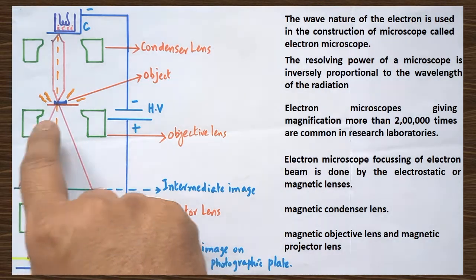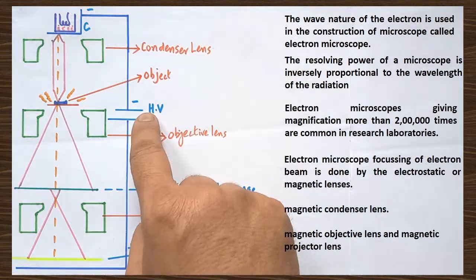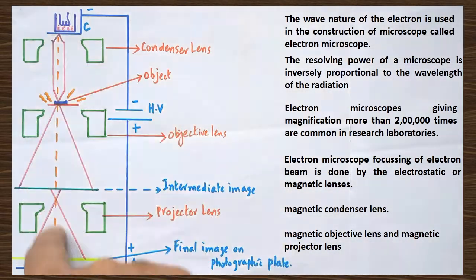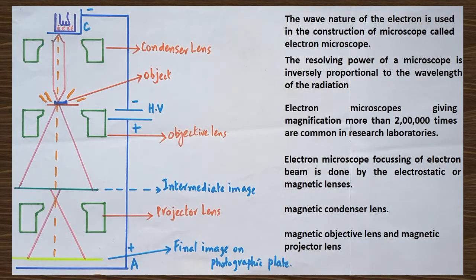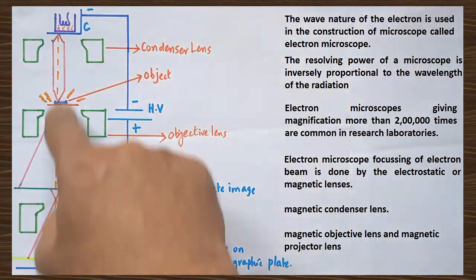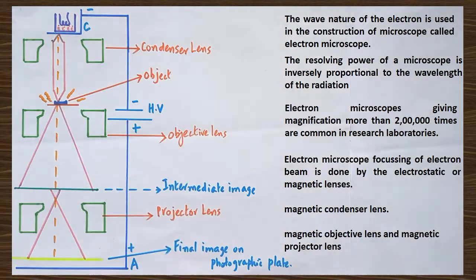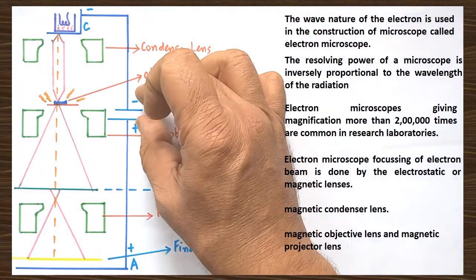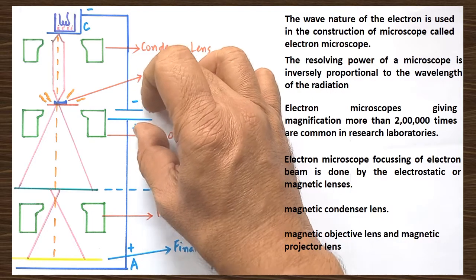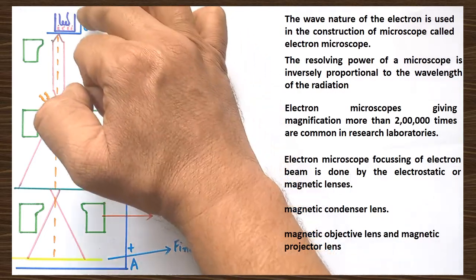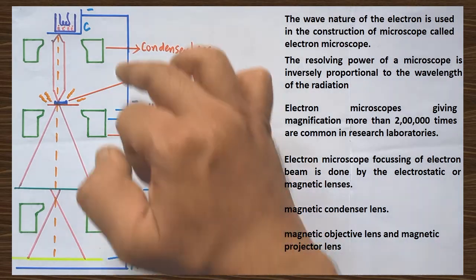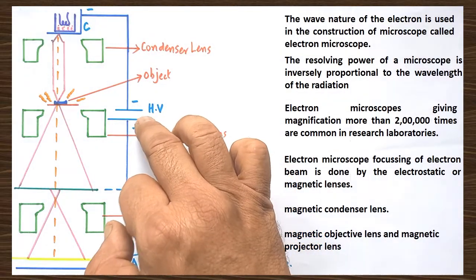Again, in between the cathode and anode, very high voltage must be given. Only then is the electron able to travel in this path, right from cathode up to anode. The journey of the electron from the cathode up to the anode is only because of the acceleration given to the electron. That acceleration is provided, the electrons are accelerated with the help of the high voltage source. So, a high potential difference must be applied between cathode and anode. In the textbook you can't see the description about anode and cathode, that's why I have drawn the diagram here.